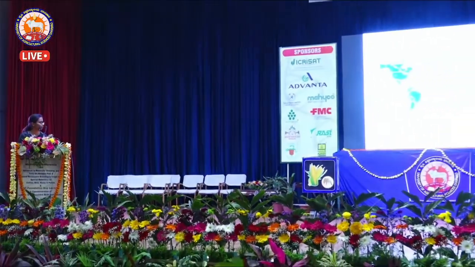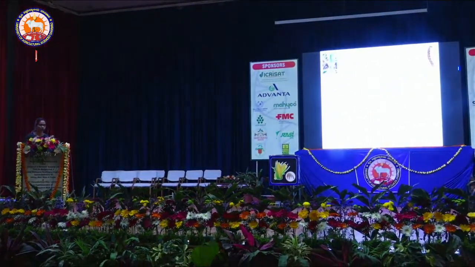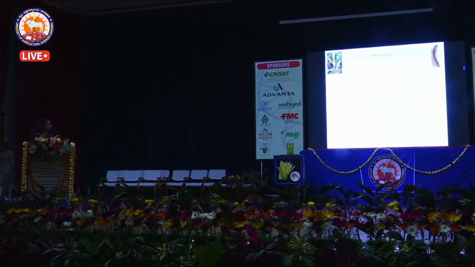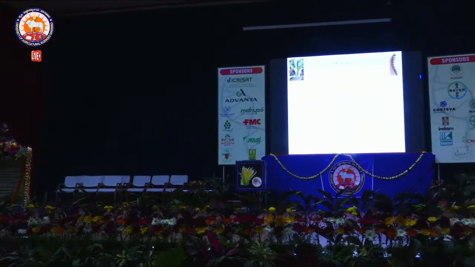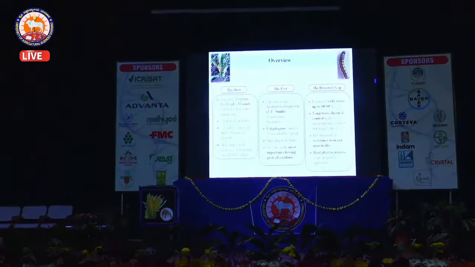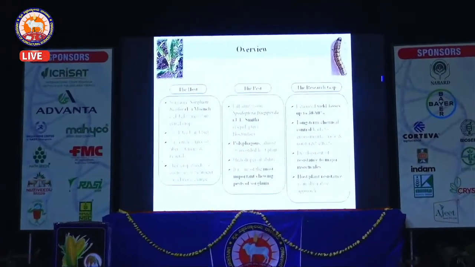recently invaded across the globe. Fall armyworm, Spodoptera frugiperda, is native to America. In 2016, it was first reported outside its native range in Western Africa. Then in 2018, in India, at Karnataka. Till now, it has invaded more than 80 countries across the globe. With this rapid dispersal ability, it has become a polyphagous pest, infesting more than 80 host crops, majorly maize,